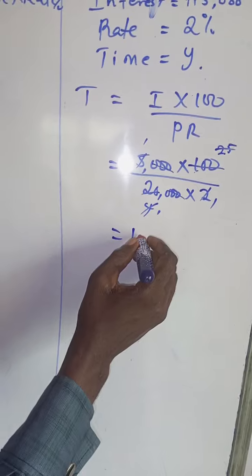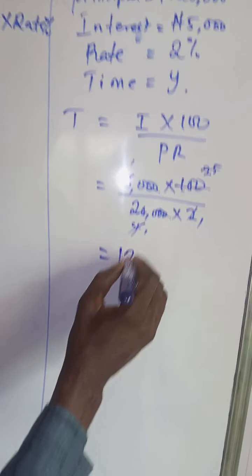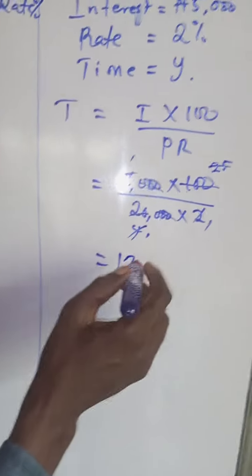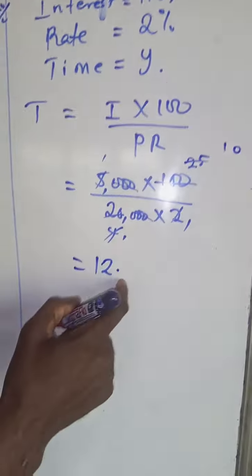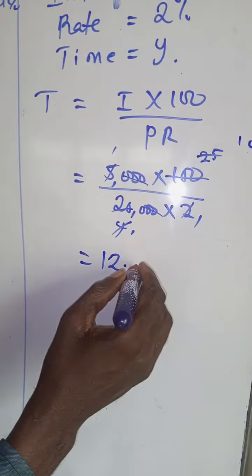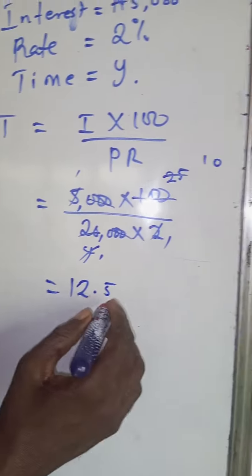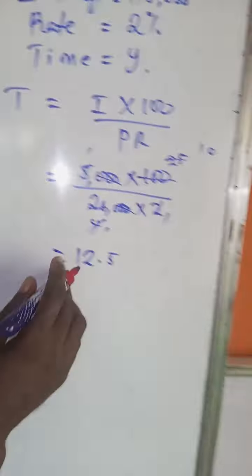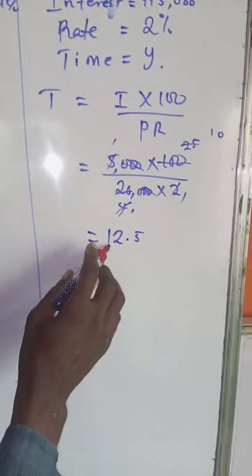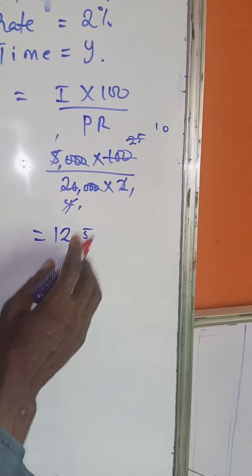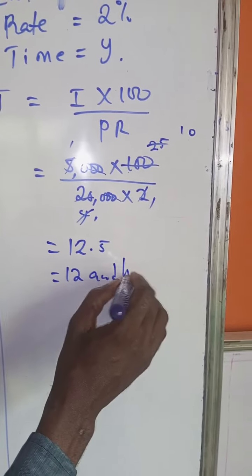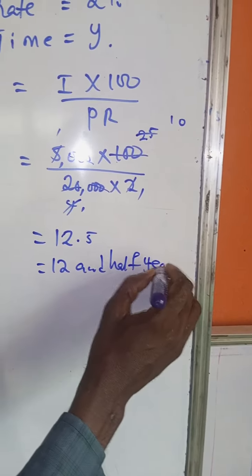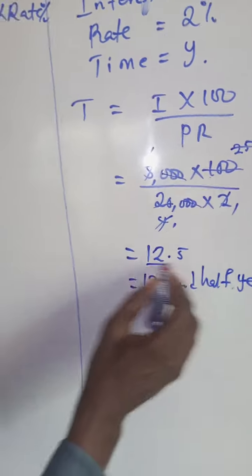I'm done. That is 2. So it will remain 1. So we add a 0 to it and got this point, and that is 5. So what does this mean? It means 12 and a half years. So we got 12.5